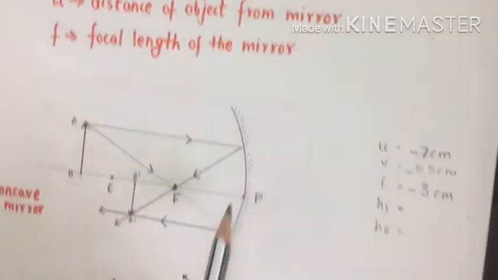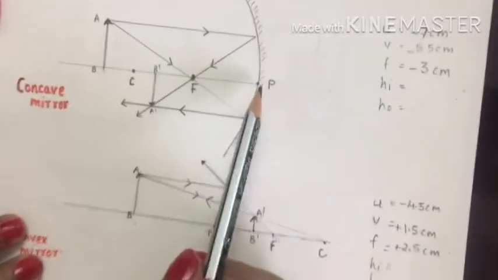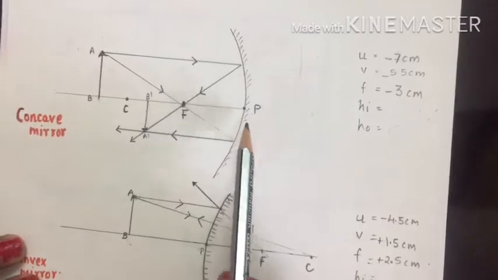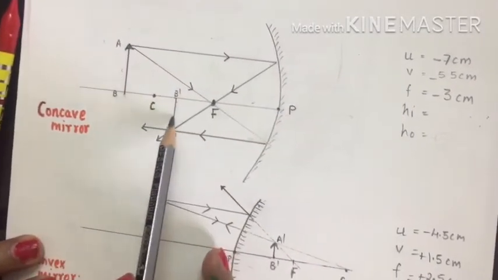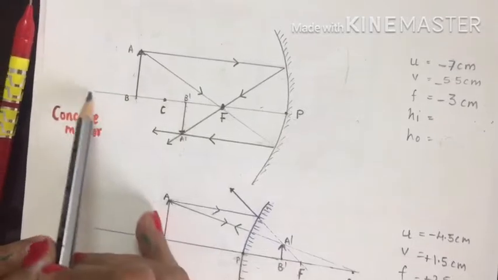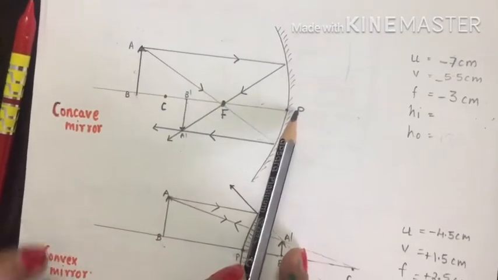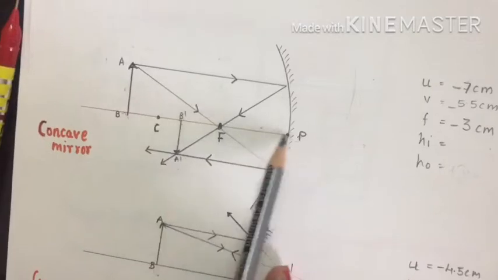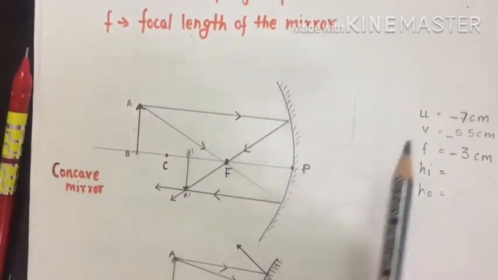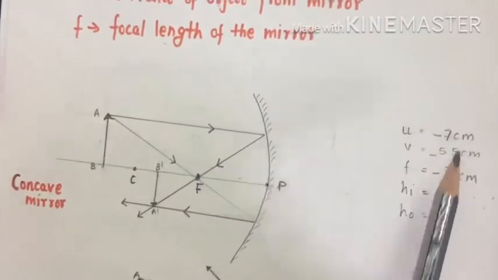Children, to explain you, I have drawn these two diagrams. We'll quickly understand about the object distance and image distances here. You can see this is the pole, this is object, this is image and this is a concave mirror. Of course, this is the principal axis. Now, from P to B, this will be your object distance U. I have measured and written U as 7 cm.